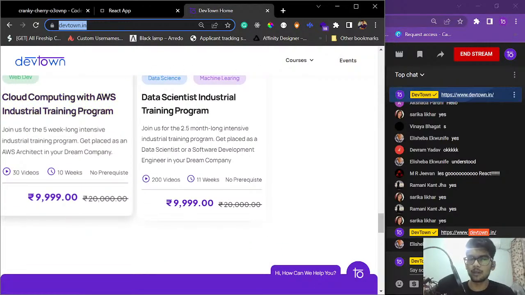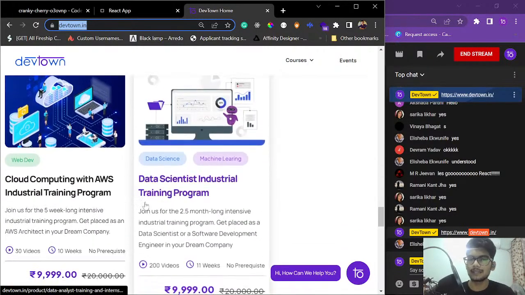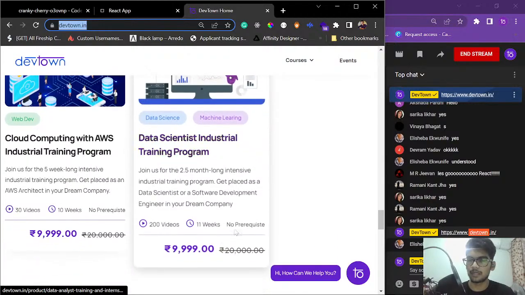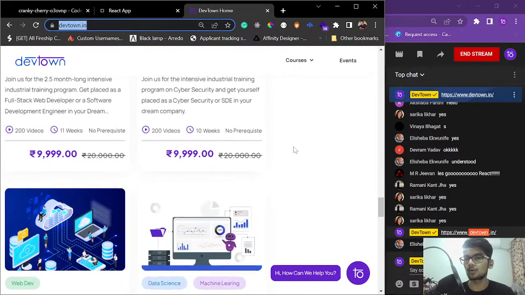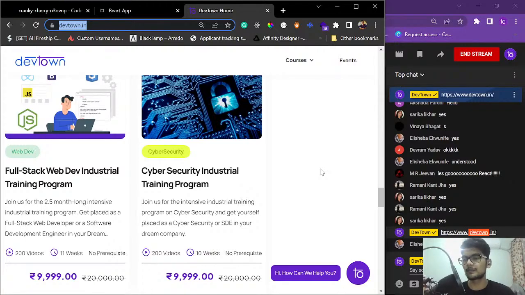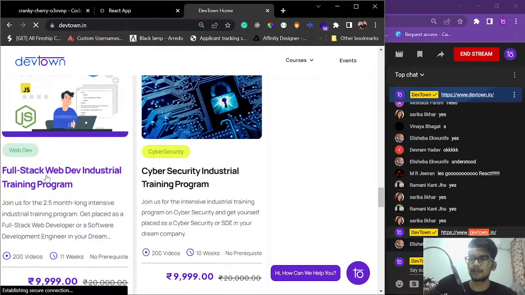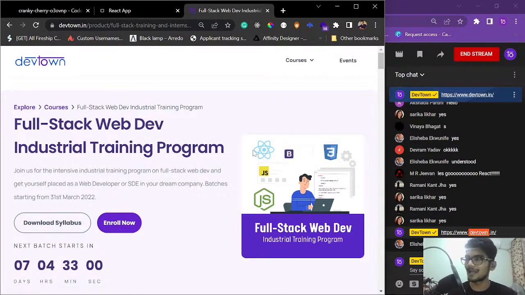The cloud computing one is of 10 weeks. And the data science industrial training program is of 11 weeks, guys. You can know about all the details if you want to. We will specifically talk about the full stack development track as we are talking about React at this point of